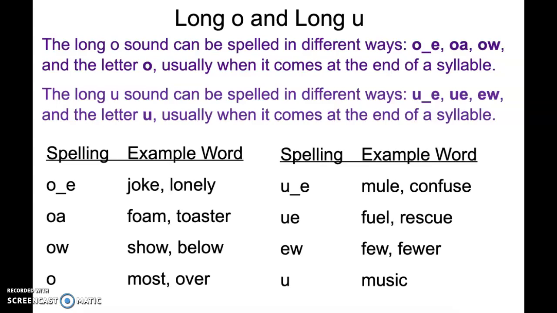So if you take a look at the long O over here, we have the spelling O consonant E. An example of that is joke and lonely. Then we have foam and toaster. That's OA. Foam, toaster. And OW, we have show and below. And then we just have the O spelling, most